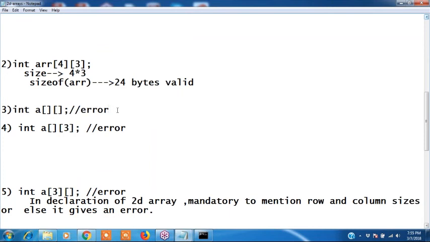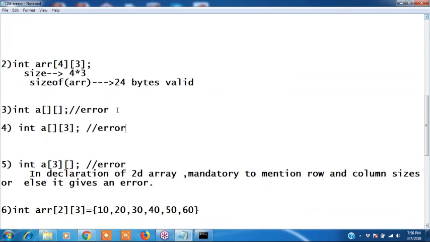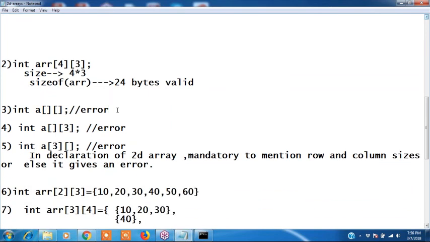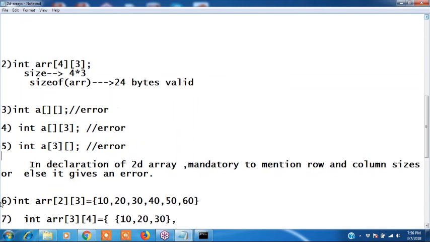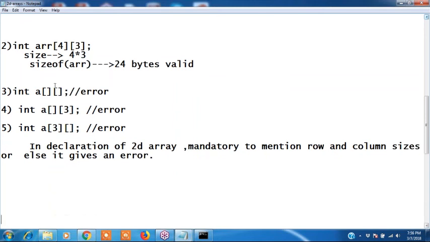It is an error. And the fourth one and fifth one, check them once. In the declaration of a 2D array, it is mandatory to mention row and column sizes.